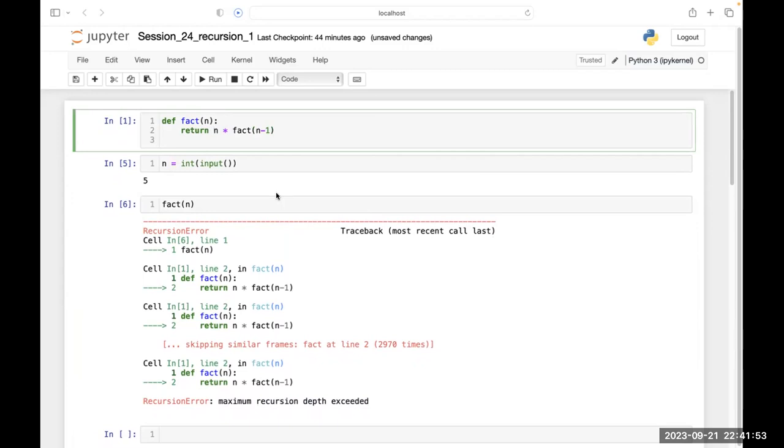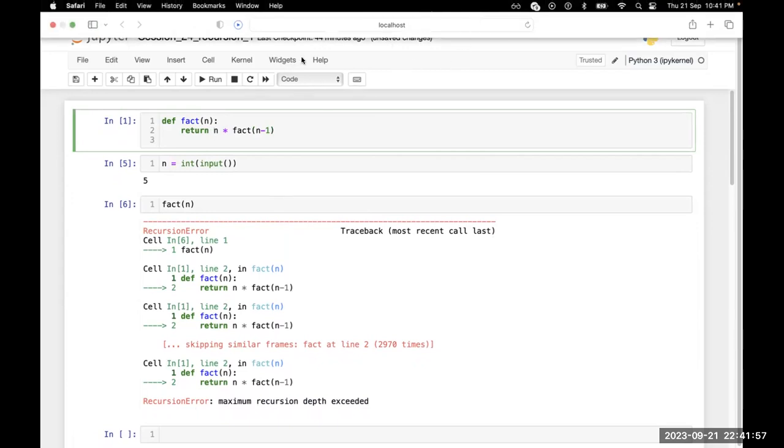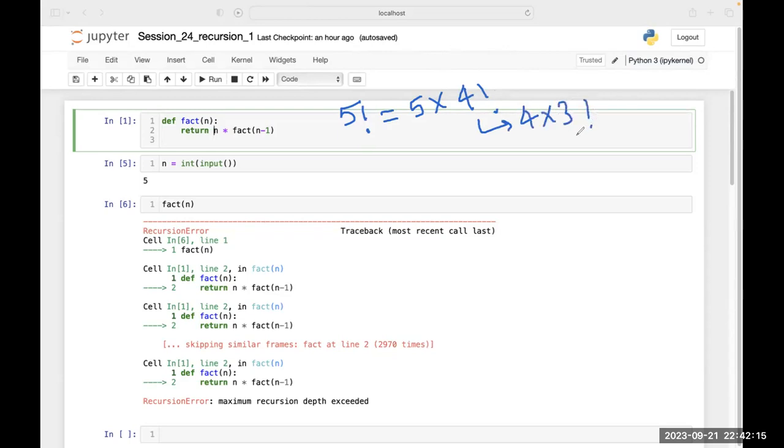Just like I told you, I have asked you to calculate 5 factorial, and you are telling me 5 into 4 factorial, this is giving me 4 into 3 factorial, this is giving me 3 into 2 factorial, this is giving me 2 into 1 factorial, this is giving...